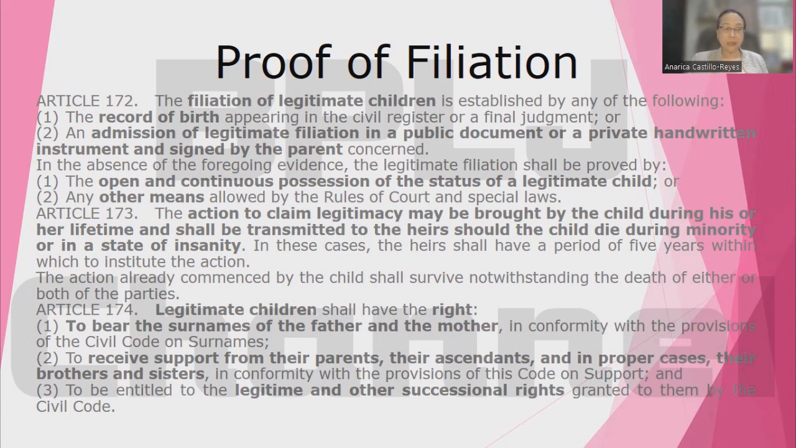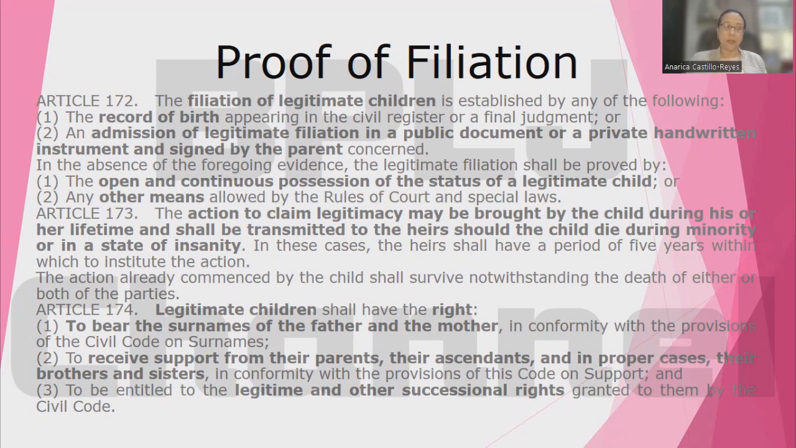So what are these means or evidence, primary evidence to establish the filiation of children? First, we have the record of birth appearing in the civil register or a final judgment. So the birth certificate must either be recorded in the civil registry or pronounced by the court in a final judgment. Second, an admission of legitimate filiation in a public document or a private handwritten instrument and signed by the